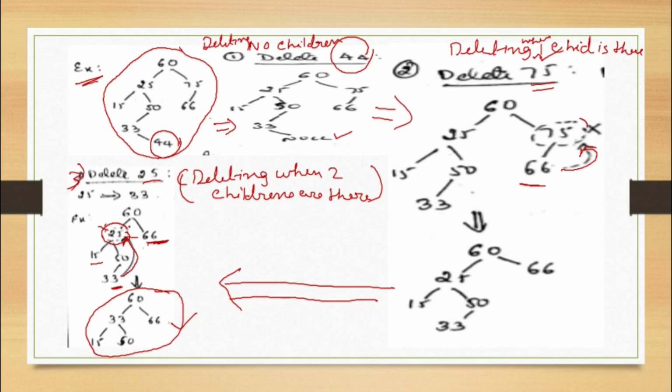And always remember, this is a binary search tree, it's not a binary tree. So in a binary search tree, elements on the left side of info of x should be less, and elements on the right side of info of x should be greater than it. You have to always keep that in mind. So let us continue.